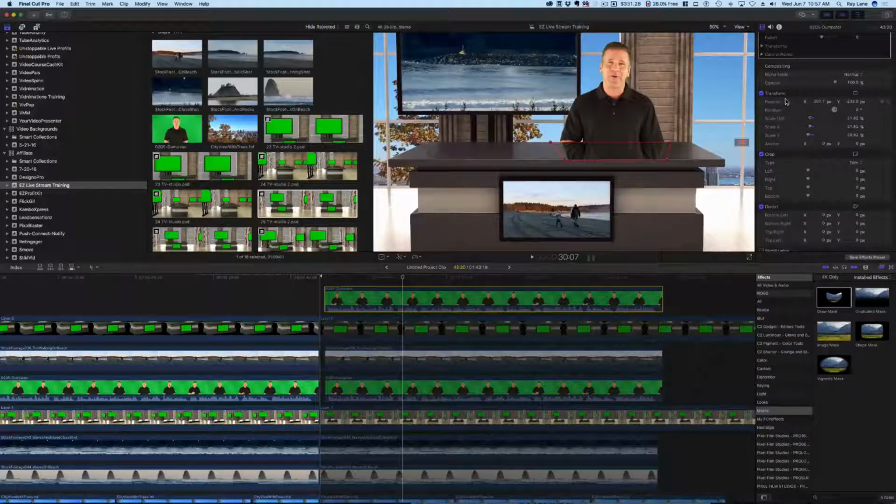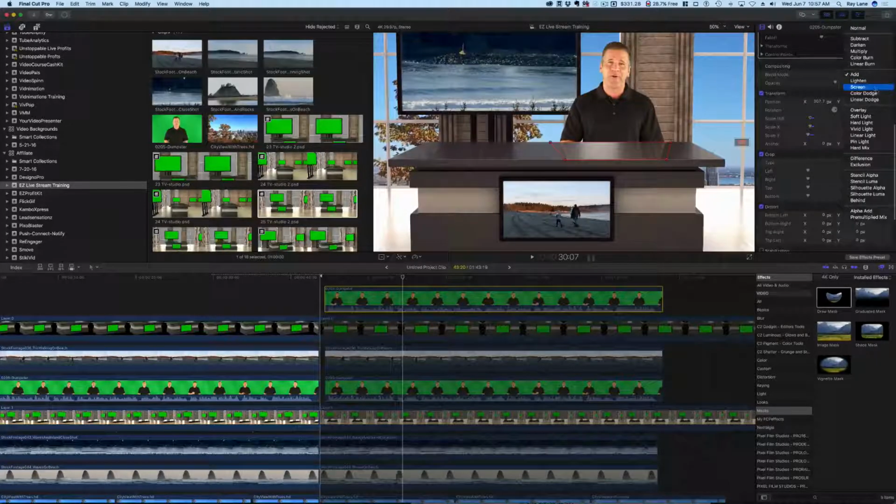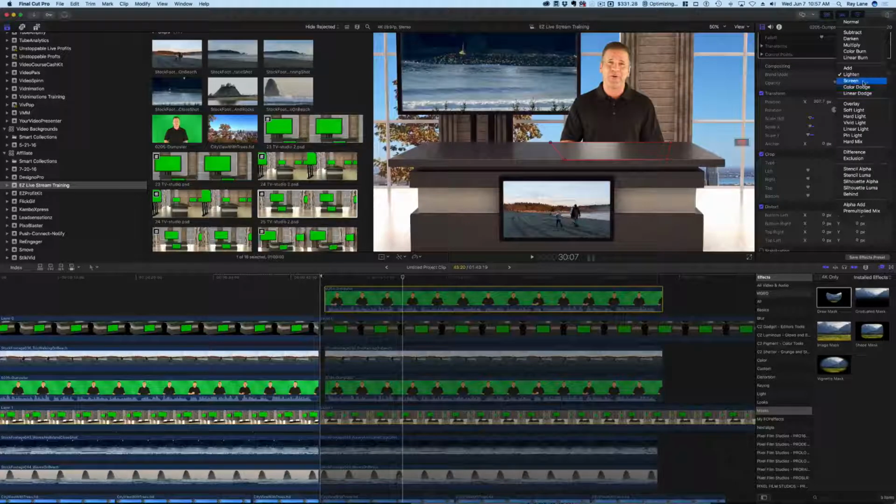So for instance, if we switch this from a traditional mode, we can try a few different things like darken, which is not really going to make much of a difference. We can do add. And you can kind of see it gives a nice reflective area there, but not quite what we're looking for. So we're going to put lighten and see if that helps. No, that doesn't do it. Screen might do it. So that's actually pretty good. You can see it kind of puts a nice screen into there,